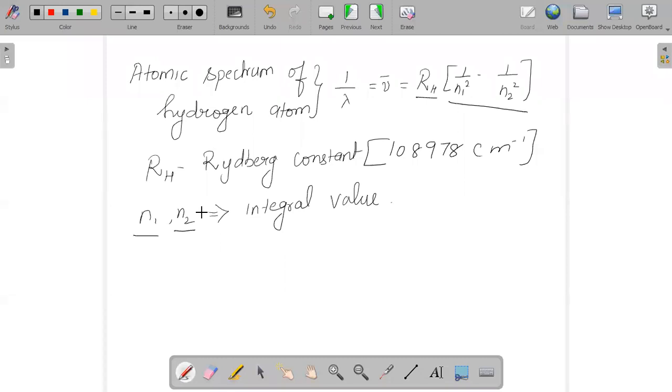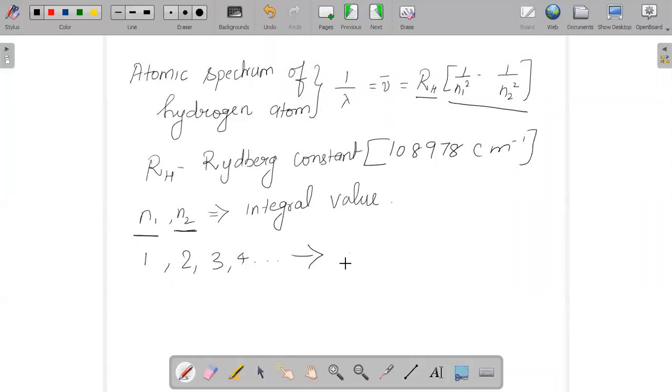So based on the region, you have the value of N1 or N2, or you can say, if you know the values of N1 and N2, you could decide the spectral region. It is vice versa. If you know any one, you will be able to analyze the other. Suppose I say the N1 value is 1, and here N2 could be 2, 3, 4 and so on. If you calculate the value based on this wavelength, you will be able to say which region it is falling in, or what the spectral region for it is.